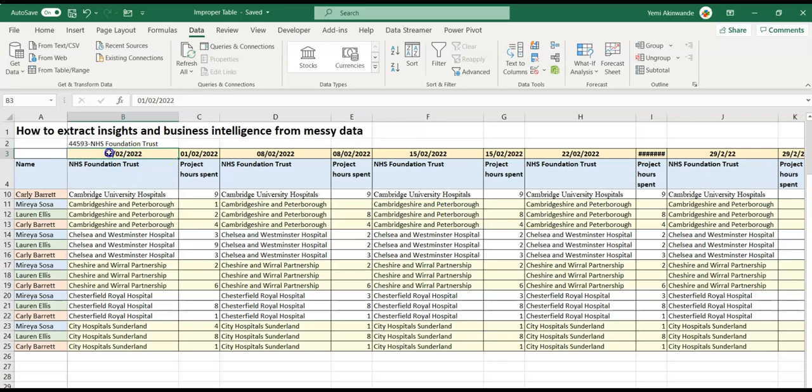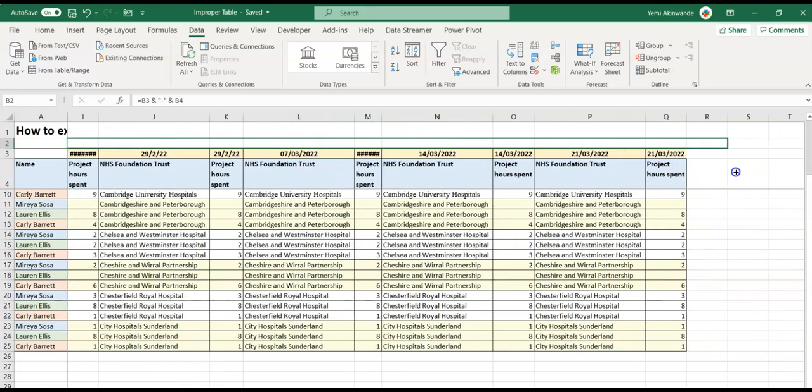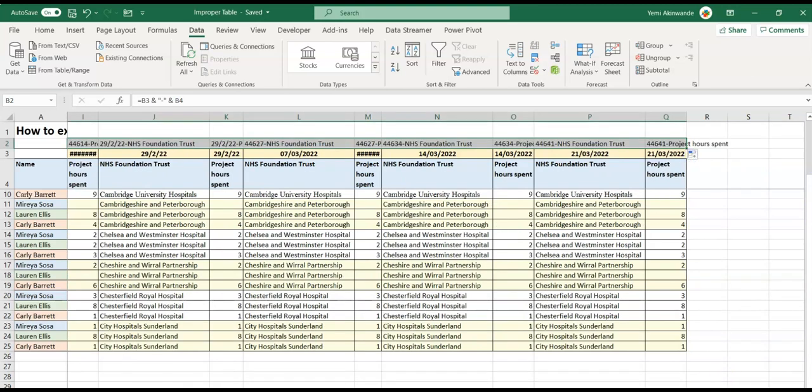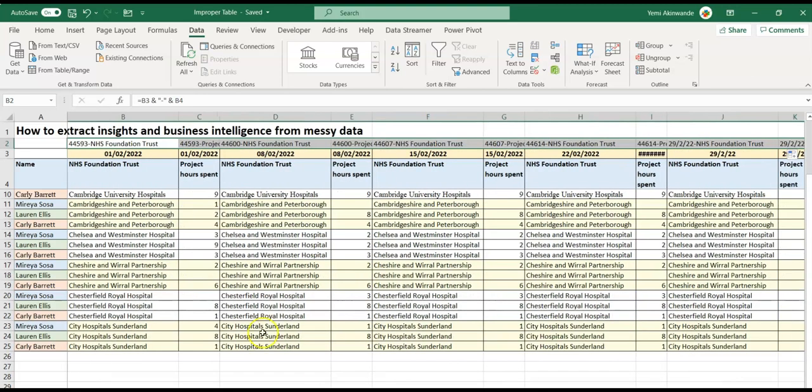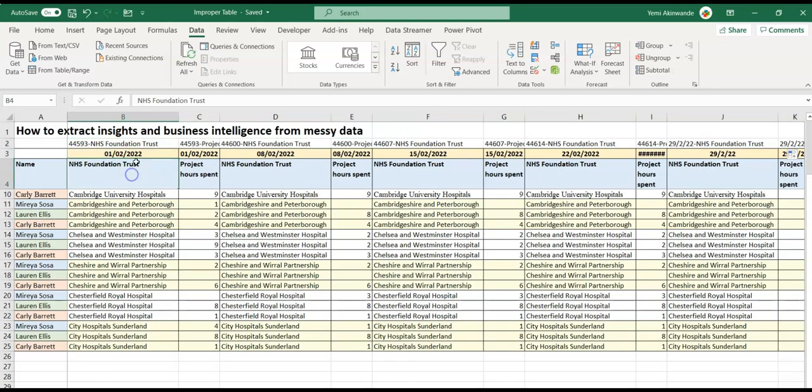Because we've converted the data to text, it comes out as a number, which is fine. And then we can drag this all the way down, and that's our new header. But as you can see, it still depends on these two values.